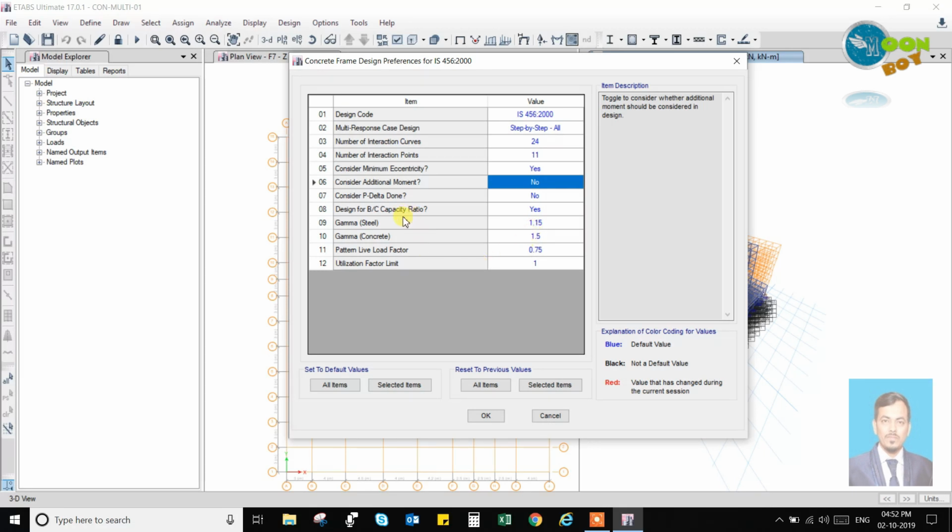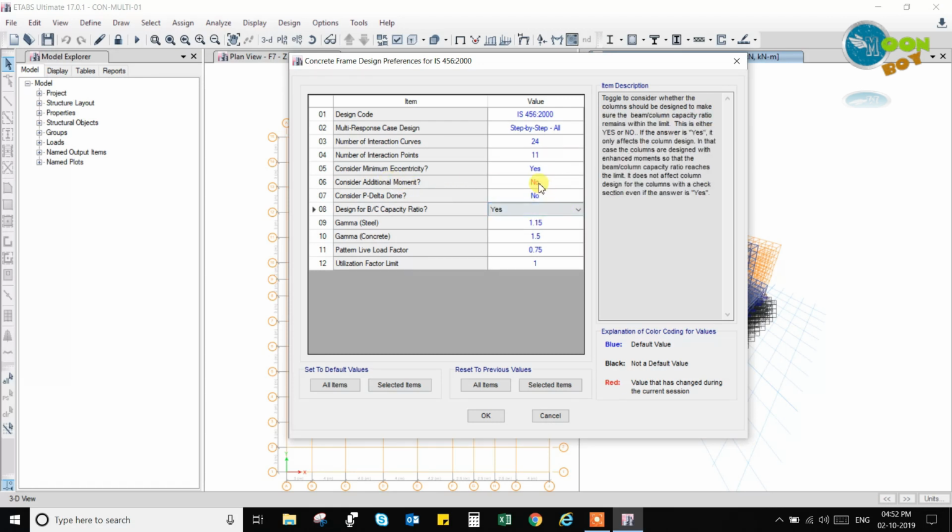So now we will just go for additional moment. You can take it or you can remove it. So you can see that this has been changed. The value that has been changed during the current session is shown in red. You can keep this also yes, and the additional moment will be considered due to the lateral force developed in the building due to the imbalances. That additional moment can be taken into account, and we can further check whether the building is